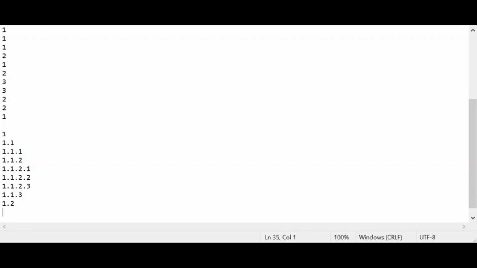Now the next character is again 2. So I will start popping out the character. The last character was 2, which was not equals to 1. So I will pop out the 2 and pop out the another character, which is 1. So increment it 1 and add back to stack.